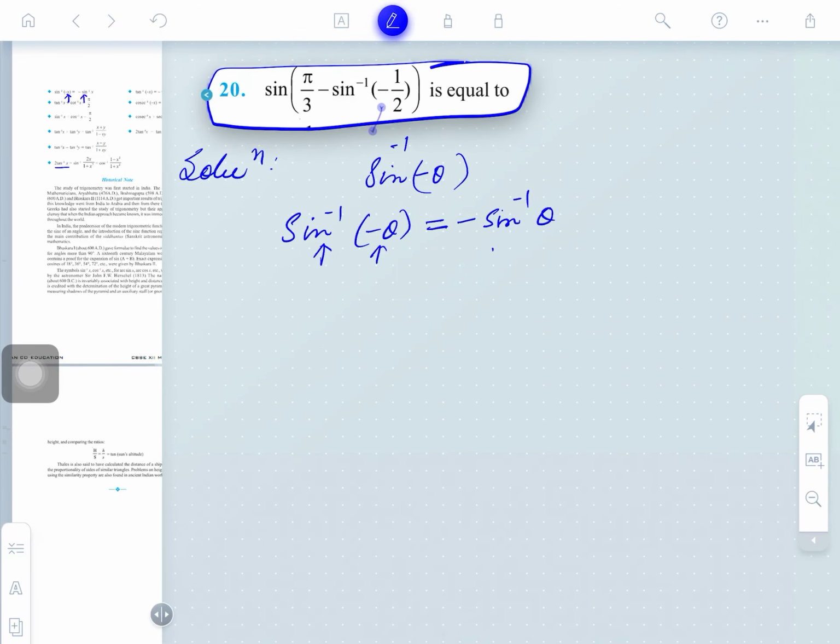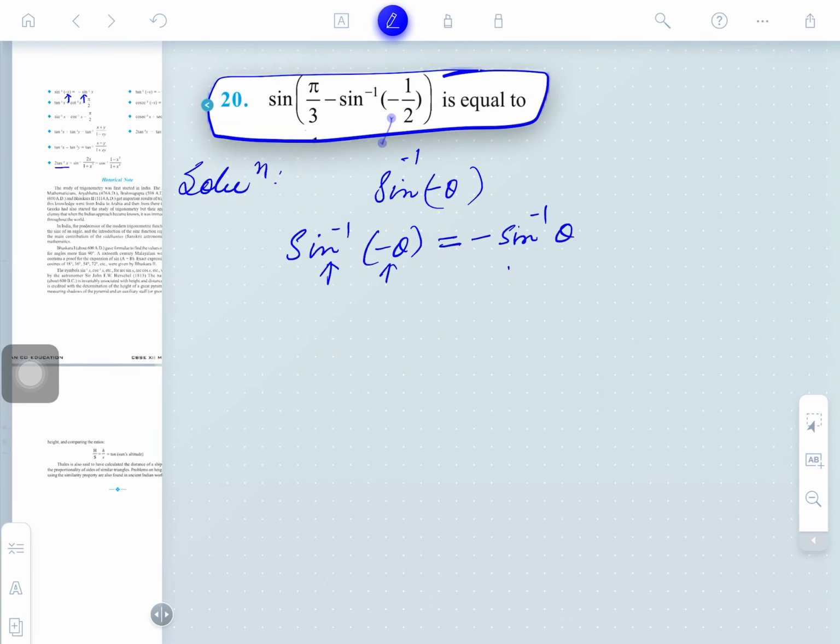Right now, what formula can be employed here? You may just see here. Therefore, it can be written as sine of pi by 3 minus sine inverse of minus 1 by 2. So minus minus plus will become here, or here it will become half. Is that clear or not, guys? Now further, what can be done here? This is pi by 3, not pi by 2, and 1 by 2 is also there. So we have the two chances here, a plus b. Right now pi by 3 is there, so it can be written as sine inverse of 1 by 2.